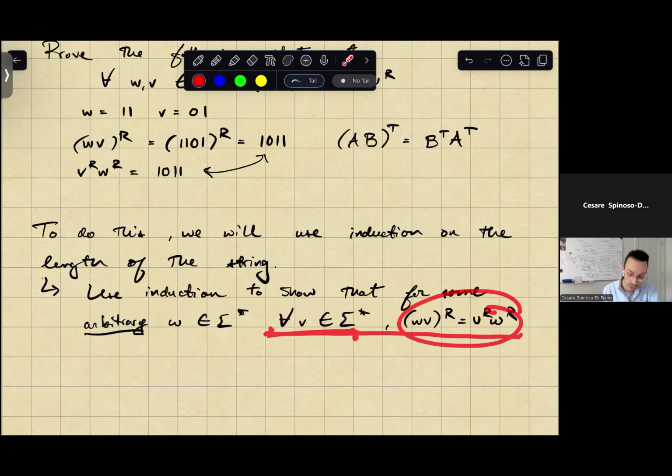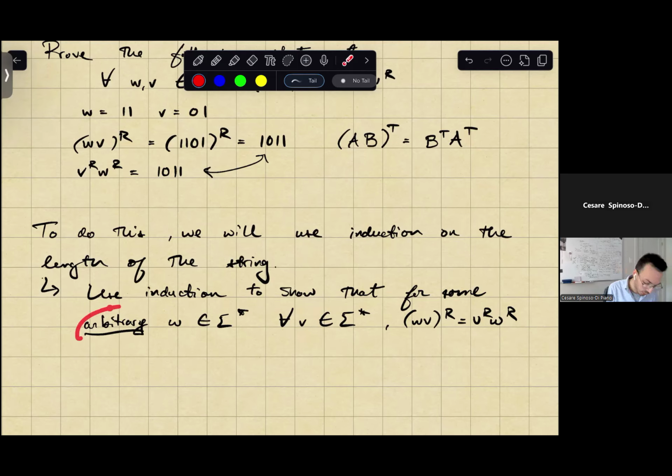So now the induction on the length is naturally going to be on this thing, right? Because that's the string that has the for all. But then you might be saying, okay, well then that's nice, but the induction is only showing that the statement is true for a particular W. But that's not true because I'm selecting W arbitrarily. I don't know anything about it other than it's a string. So if I show that this statement is true by induction, then because I've selected W to be arbitrary,